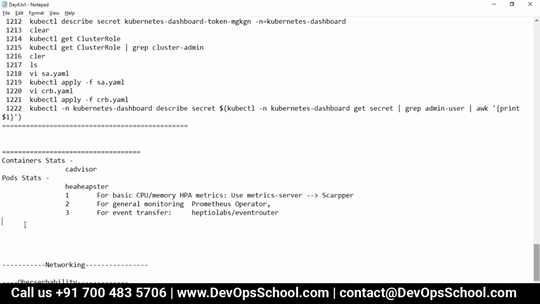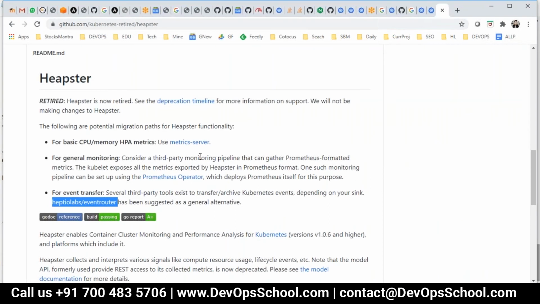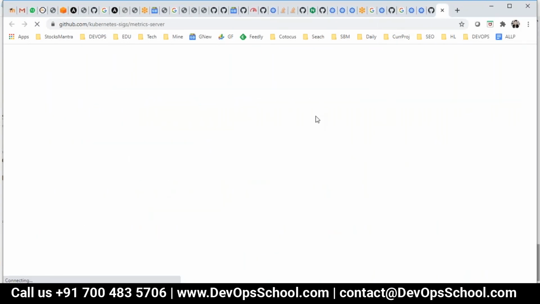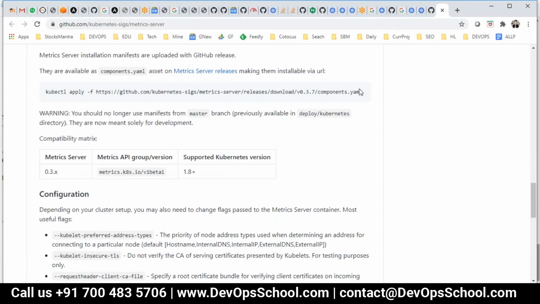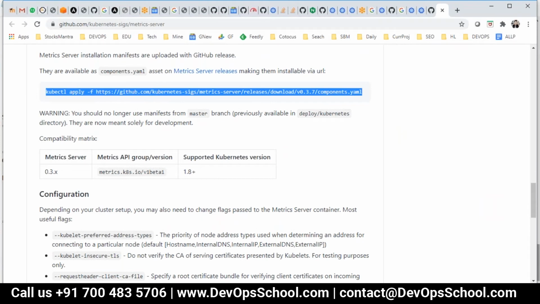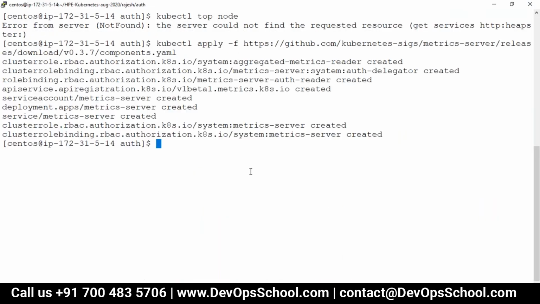Okay guys, more questions. By the way, I covered one more topic, how to monitor the infrastructure and how to run HPA. You have to install metrics server. Now the question is, how to install metrics server? Damn simple, you know that by now. Just one line of code and you install the metrics server, and automatically HPA will start working. Which code? This code. That's all. You run it and metrics server will start working. Done.